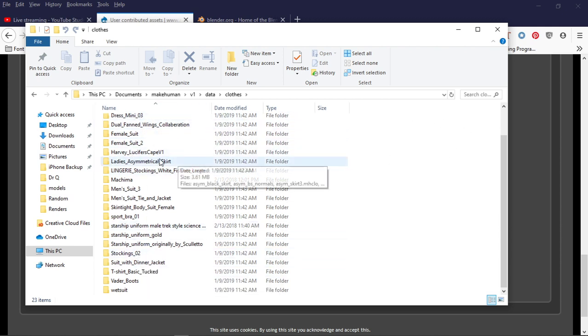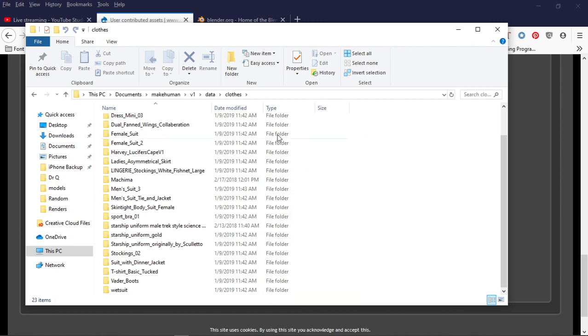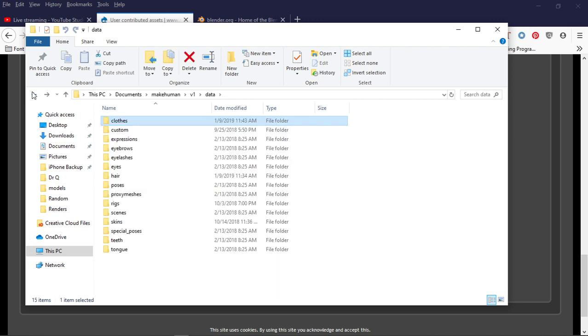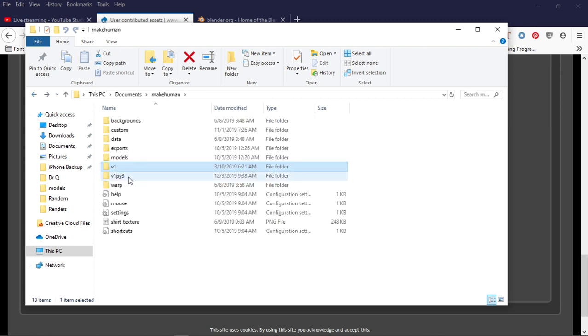So you would actually have to either drag and drop it or right click, copy from the download location from your downloads, and then paste the actual folder here. And then eventually you would have to shut off MakeHuman, exit out, and then load it back up. That's how you would get it onto MakeHuman. Now you don't have to do that. So now what you have to do